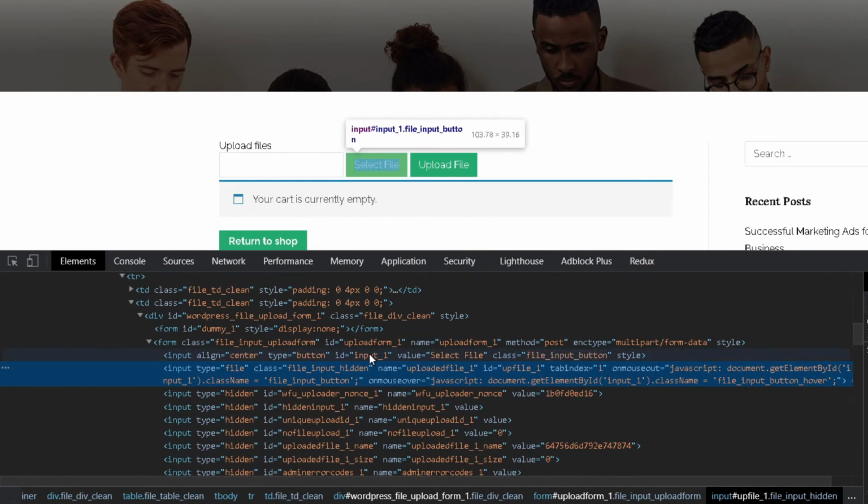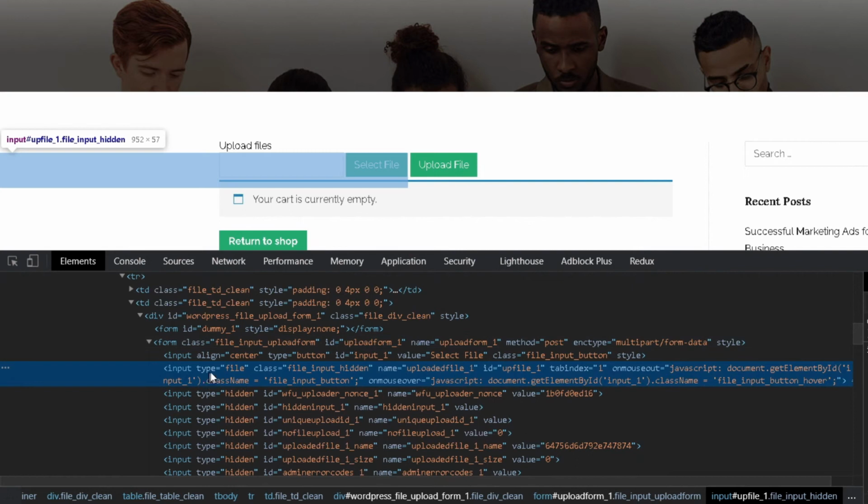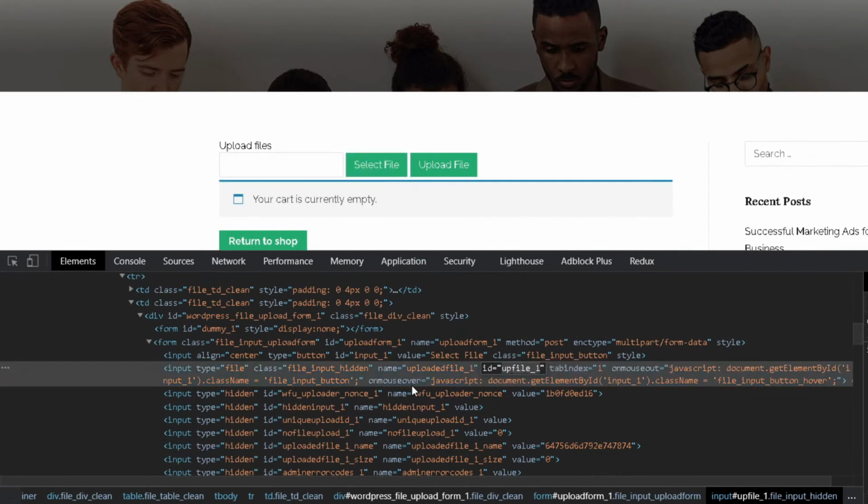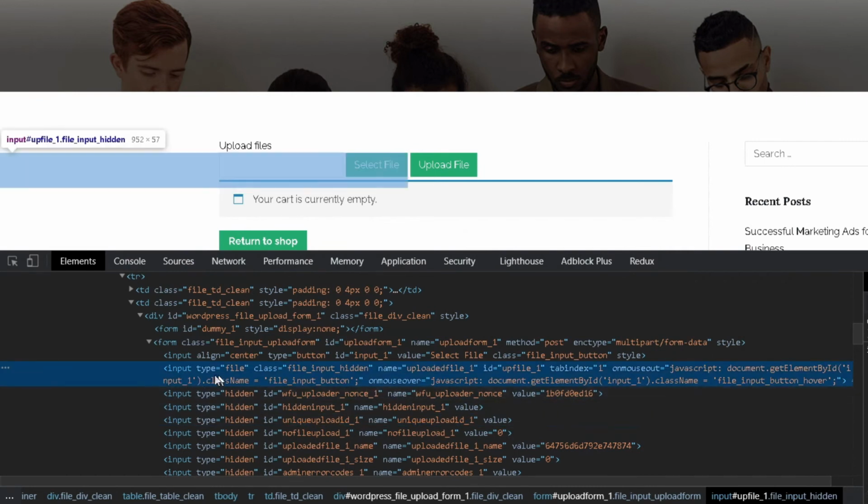So in this scenario, what we should instead do is target the input type file element. The input type file element is basically this one, right? And it has an uploaded_file_1 name and up_file_1 ID. All right, so you must be thinking, sure, let's go ahead and use this ID right here, which is up_file_1, and then it should work, because technically we have this input type equals file, and this is the same input that we targeted in our previous example, right?